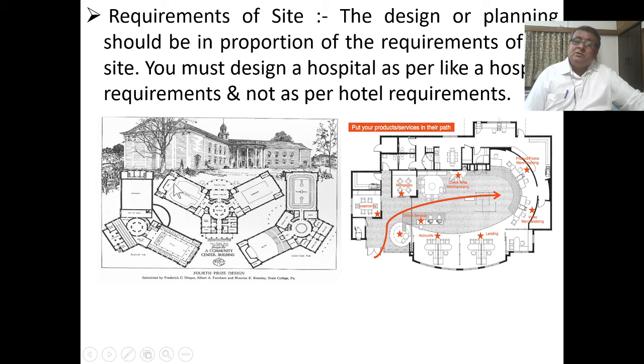So as the space is ample, the architect has used his free hand over here. Now here, this is a professional building, a commercial building. Here the client or the customer walks directly into the area where he wants to get the services. But during his visit he has some other ancillary services